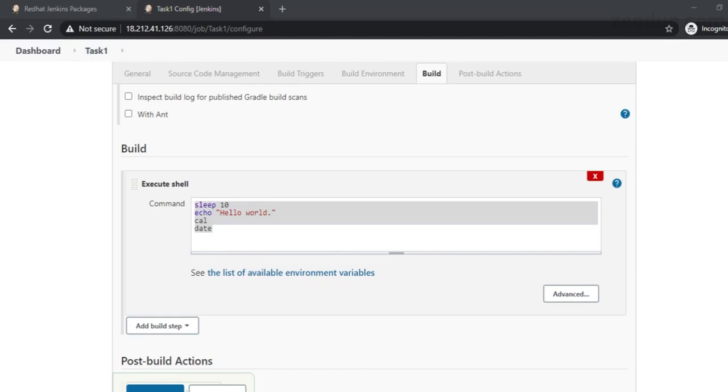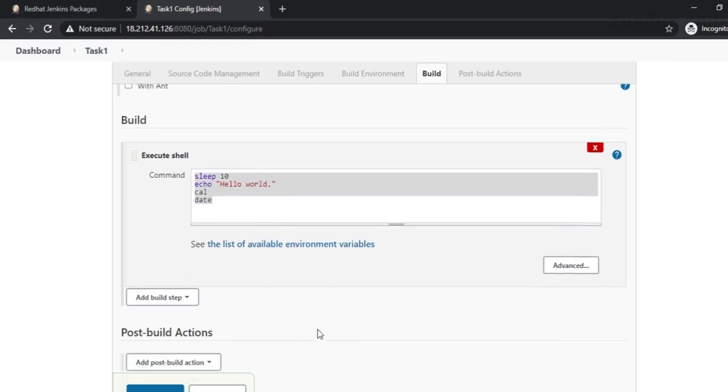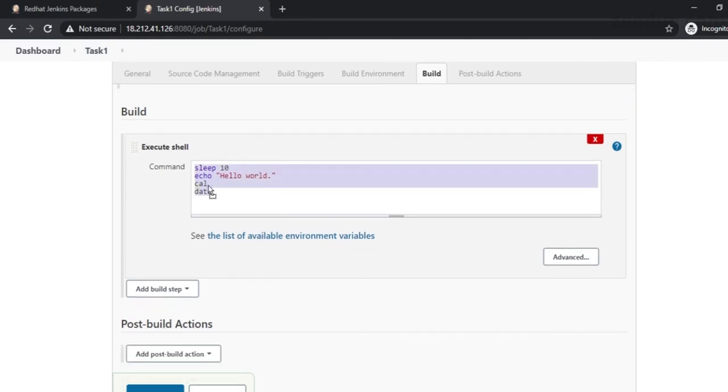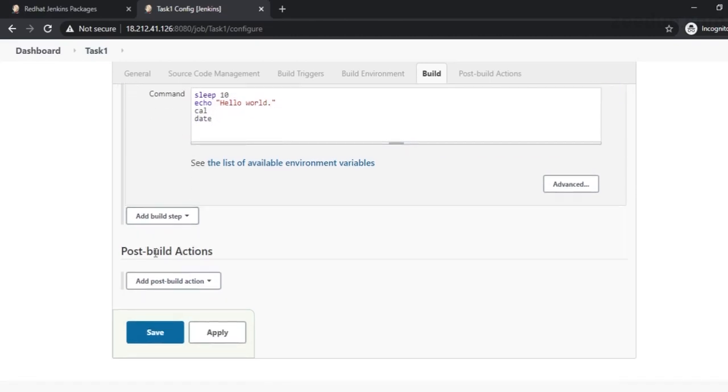Okay, so these are the commands that will run once I start the execution of task 1. These commands are to be executed once the task starts to build.